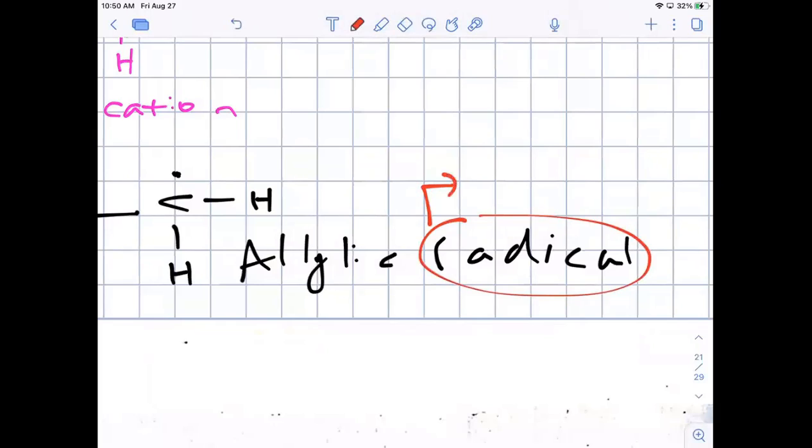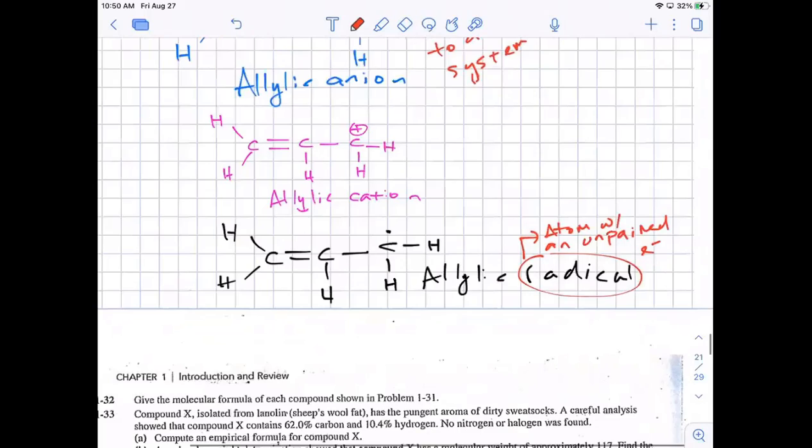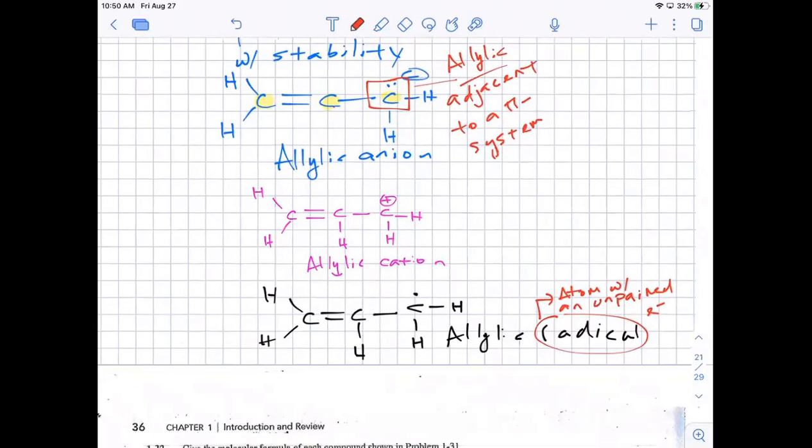It's an atom with an unpaired electron, a single unpaired electron. All right. Single unpaired electron. So with resonance, all 3 of these can do resonance because